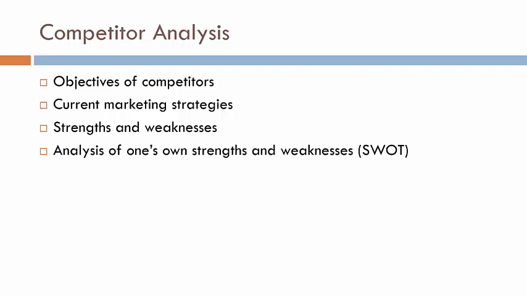Now, SWOT analysis is something that you may have heard of if you've taken an undergrad class in principles of marketing. But this is a very important concept, so we need to make sure that we thoroughly understand what SWOT analysis is. So let me expand the acronym: S stands for strengths, W for weaknesses, O for opportunities, and T for threats. That's the kind of analysis that we need to do. So why don't we just dive into each of these issues and see how that might impact our marketing mix decisions.